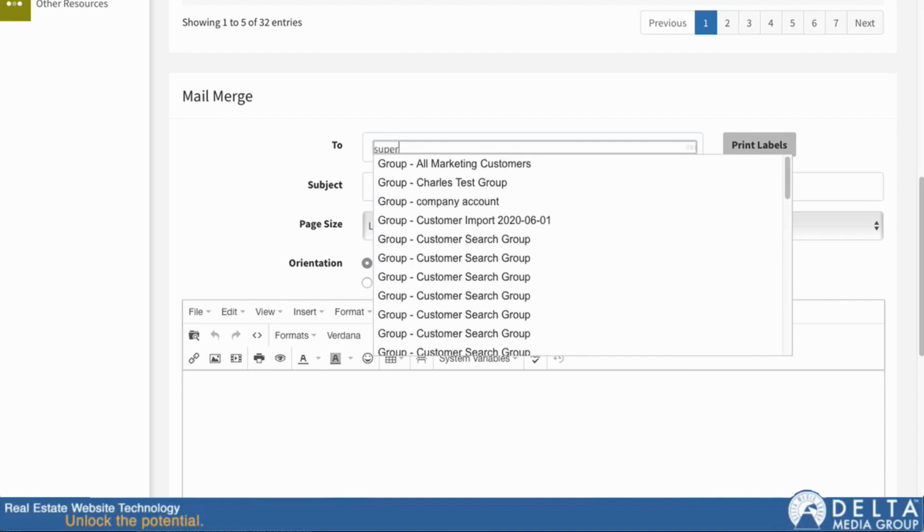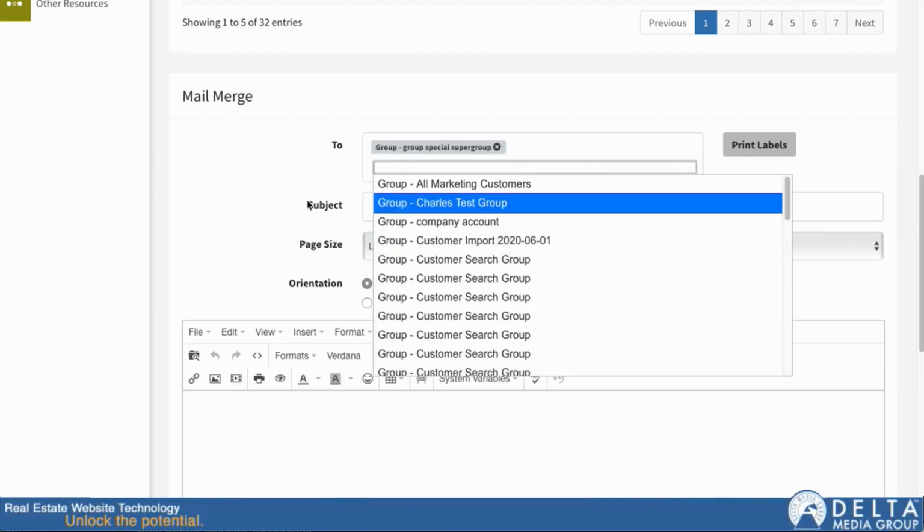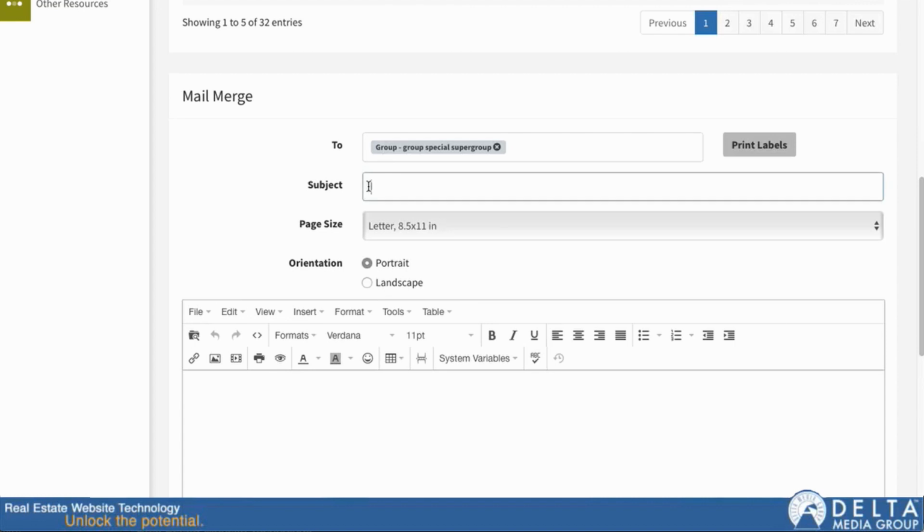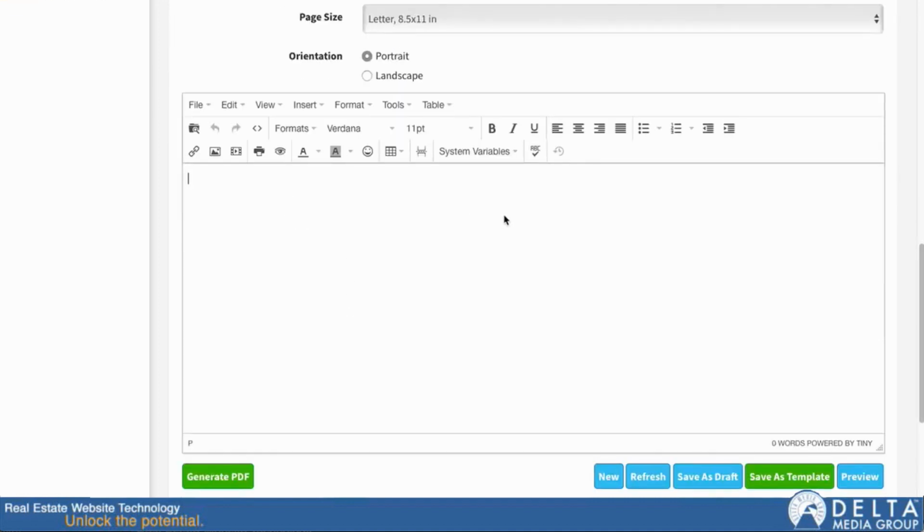So if I go up here to 2 and I set up one of my groups here, there we go, so I have a group added in. We'll give it a subject line. And now go down here to our WYSIWYG editor. I can put in all of my static content, but then anywhere where I reach a point where I want to reference the customer directly, I can use these system variables. So I can say variable, I want to put customer full name up here at the top. This is my message. And just like the other one, I can add in pictures and things like that, but